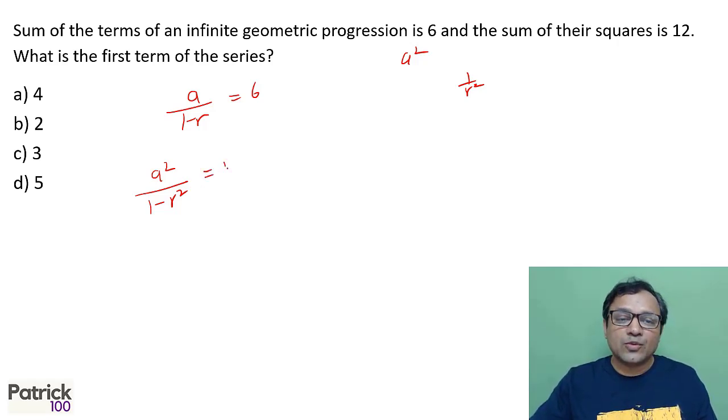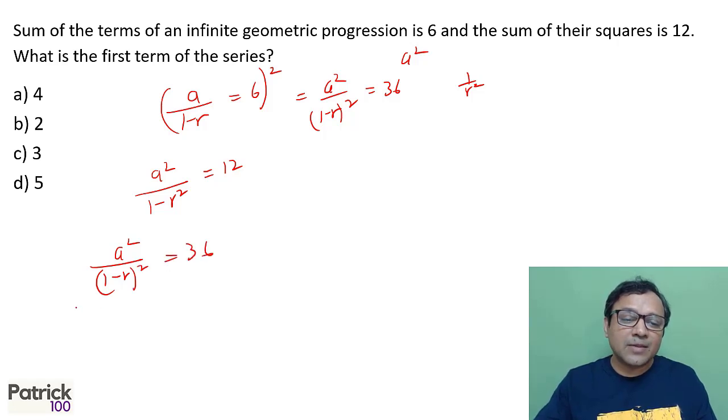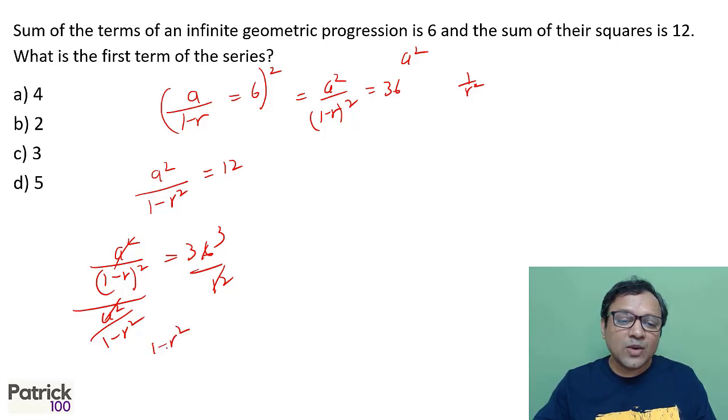This is 12. Now I need to eliminate one of the terms. One way is to eliminate a, because that is easier, which can be done by squaring this. If I square this, what do we get? a square upon 1 minus r the whole square equal to 36. And if I divide, I'll get a square upon (1 minus r) the whole square equal to 36 upon a square upon 1 minus r square, 12. If you look, a square gets cut. This will be 3, so you will see 1 minus r square upon (1 minus r) the whole square equal to